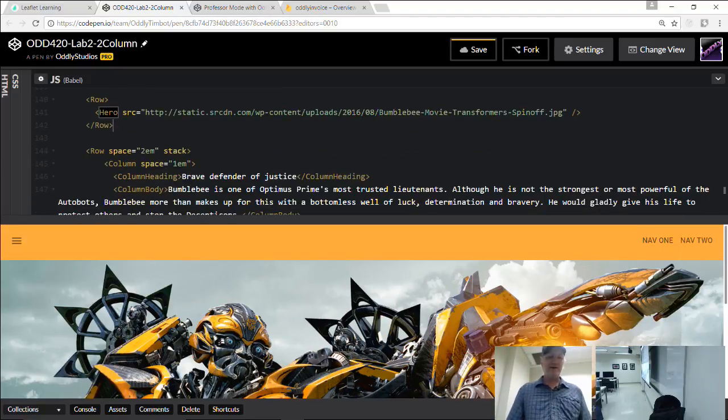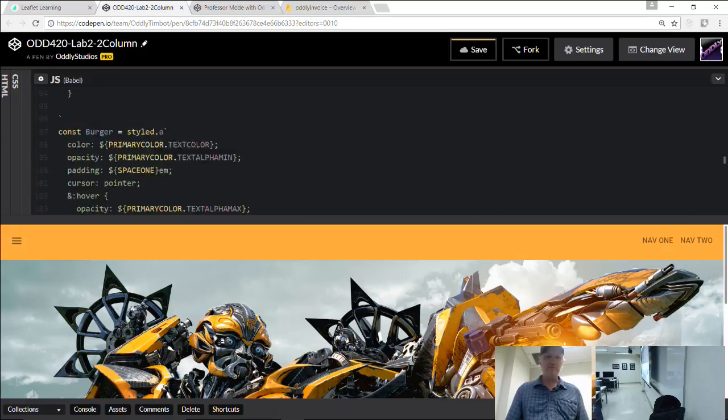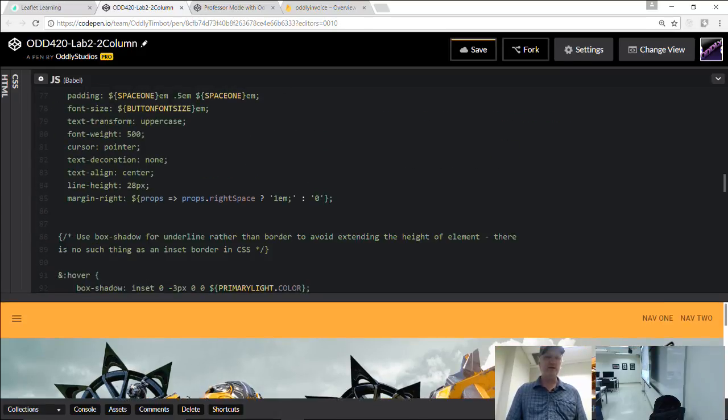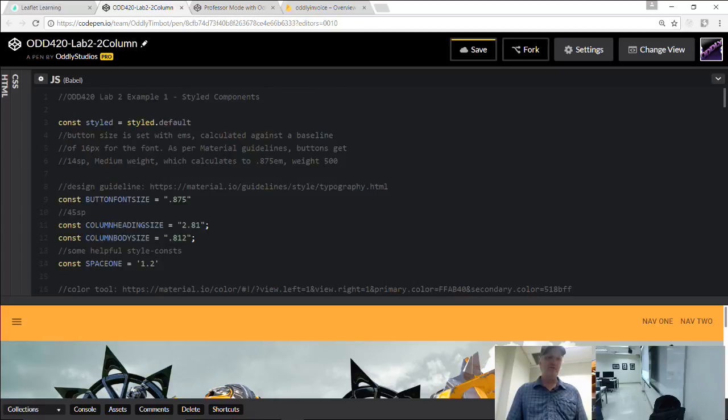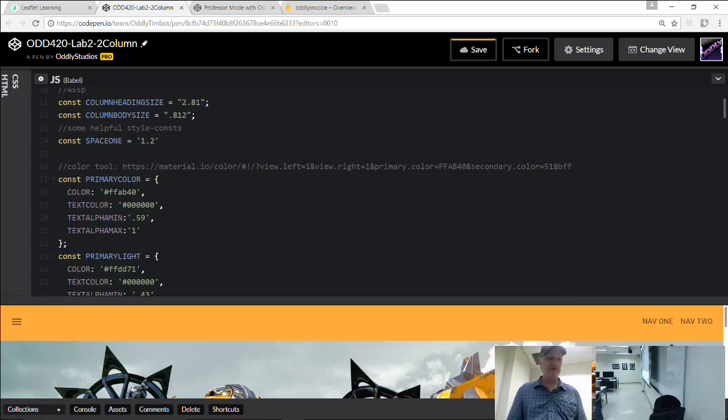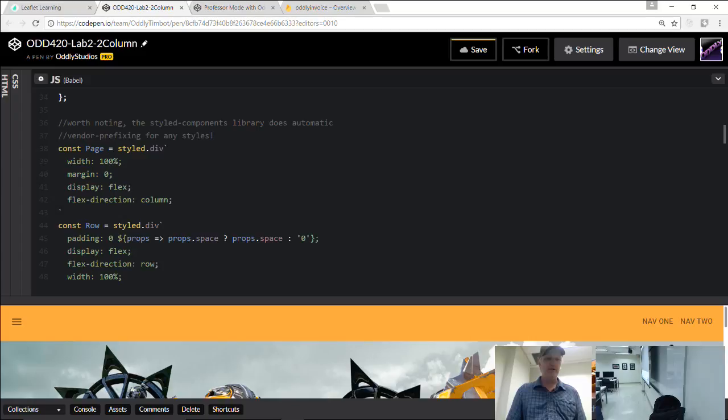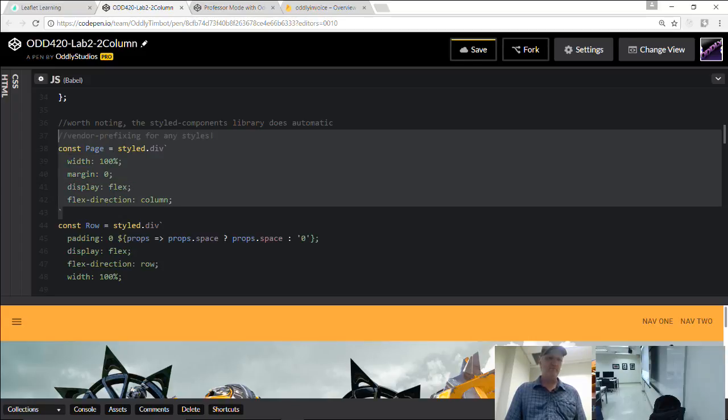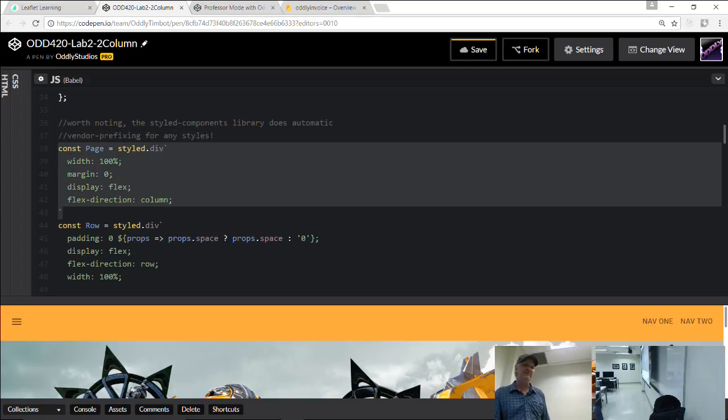All right, let me grab a row and a column and a page out of here. So page is very straightforward. Let's take a quick look here. It's just a styled div with 100% width, but then we've set the display to flex, and we've set the flex direction to column. That's usually what you're going to want to do with your page, because generally pages do stack up vertically, don't they?